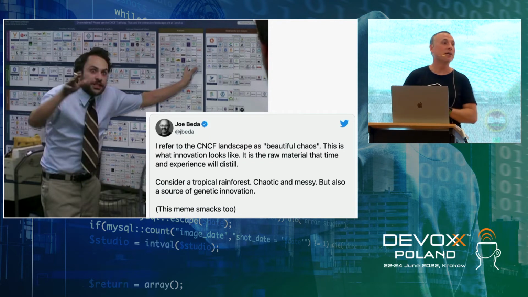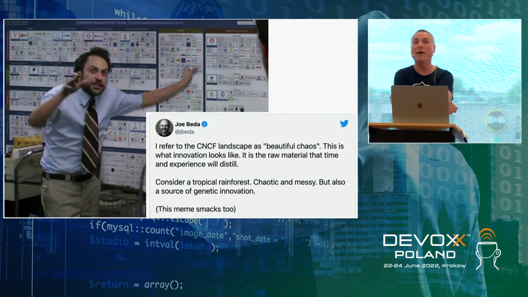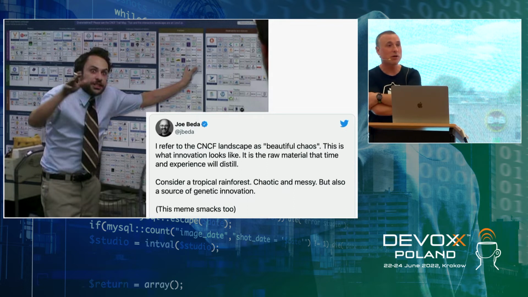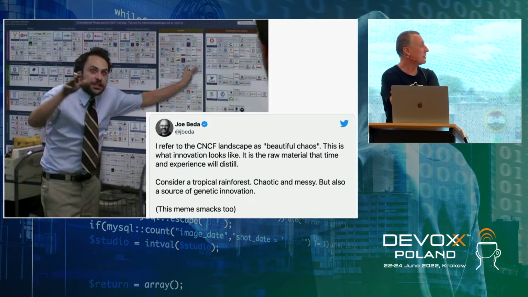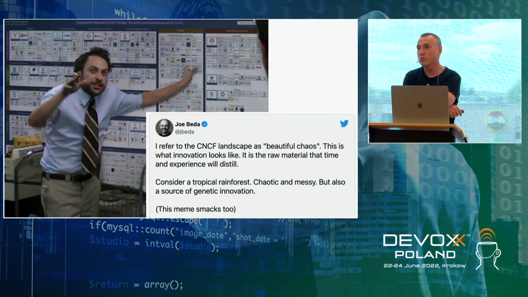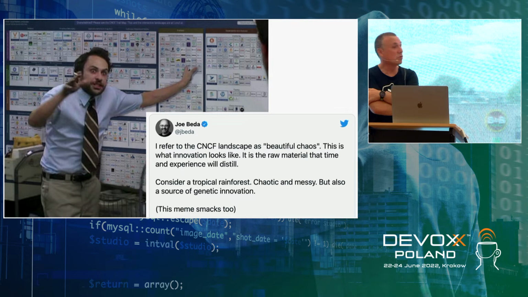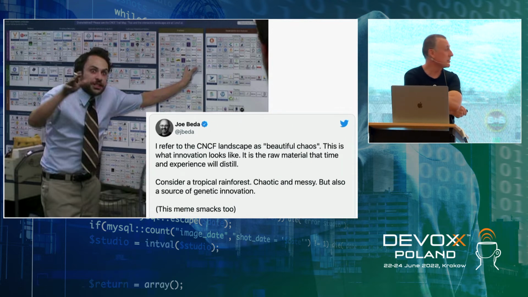Yeah, so there is an answer for every missing block I presented before, but there are probably too many answers. So how to pick the right one from 1,000 projects? It's kind of chaotic, and what we want in the platform is to not ask all the teams that have the same challenge to go right now and evaluate 1,000 projects and pick the right one. And if every team picks something different, probably we will have a nice zoo in the company. So that's the reason that we want to have some opinionation here. So this is our job, actually, to